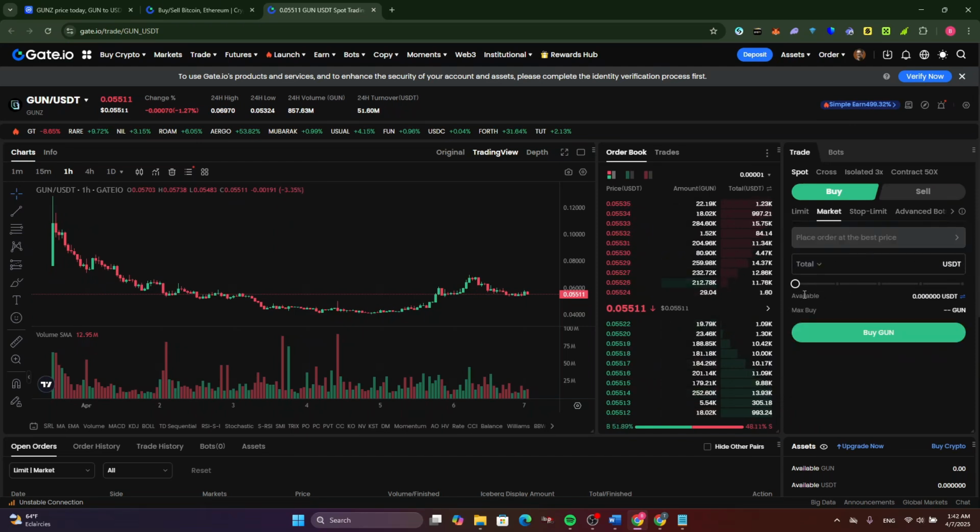Now if you select the market, just drag this to set what percentage of the USDT in your account you want to use, or you can type the amount of USDT that you want to use in order to buy this token, and click on buy GUN. So this is how to buy